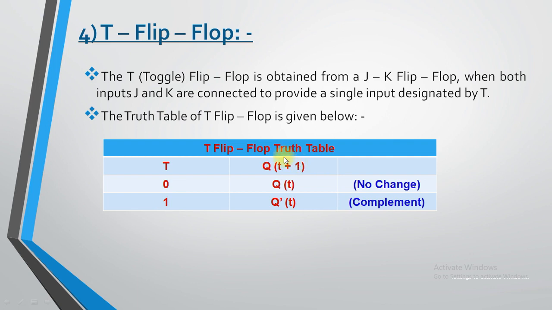next state. So remember one thing, when you want to apply only a single input variable, it can be represented by the T flip-flop, which is a modification of the JK flip-flop. With the JK flip-flop you have two input variables, with the T flip-flop you have a single input variable, which is designated by the variable T. T means toggle. Toggle means either on or off.